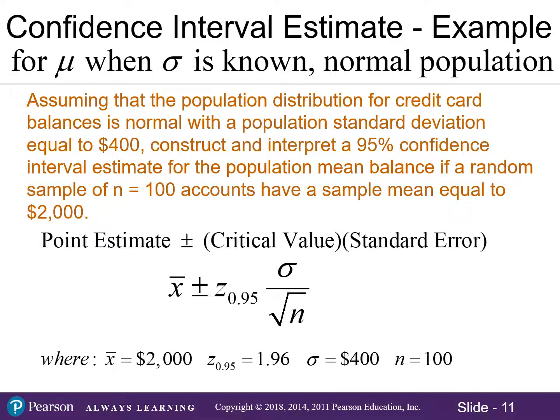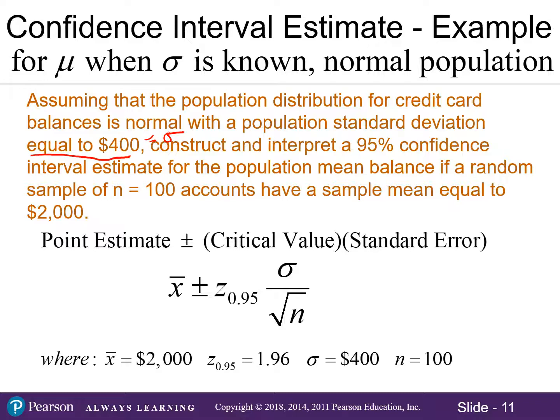All right, let's start an example so we can actually build our first interval. Assuming we have a normally distributed population for our credit card balances, and its standard deviation is equal to $400. So this is a big thing. I know sigma here. We don't always know this, so keep that in mind. That's the only reason this one's going to work the way it does. And I want to create and interpret a 95% confidence interval for the population mean balance. A random sample of 100 accounts yields a sample mean of